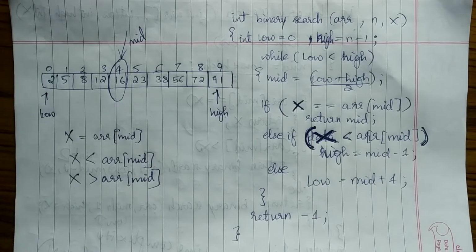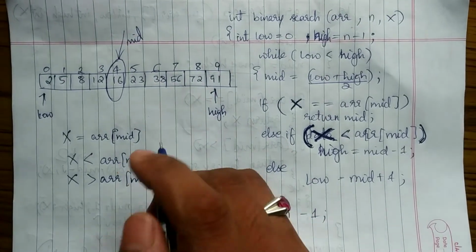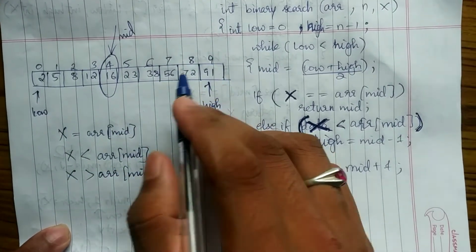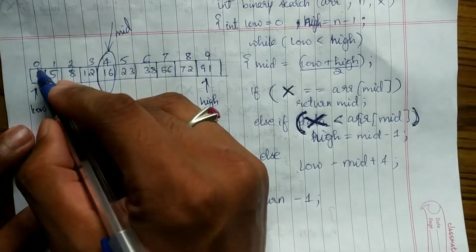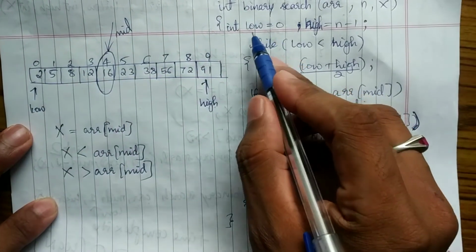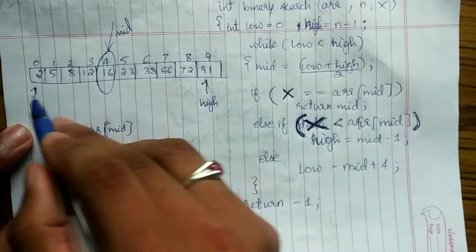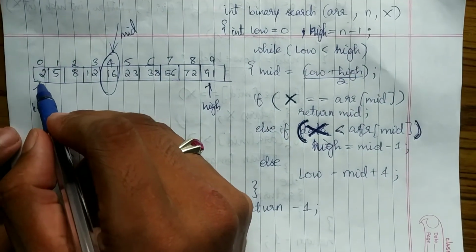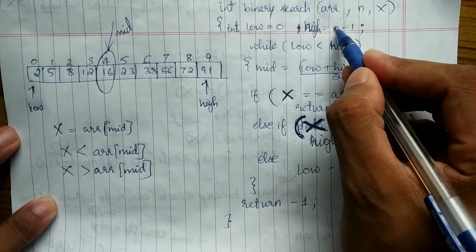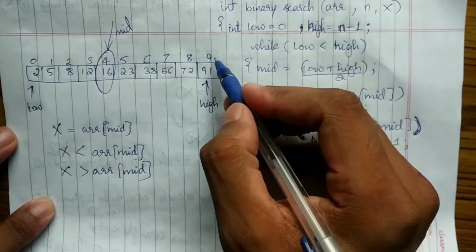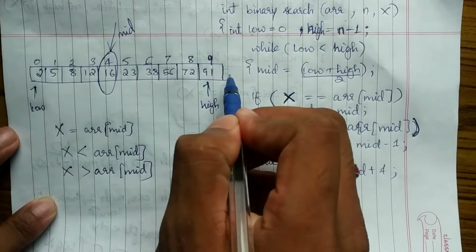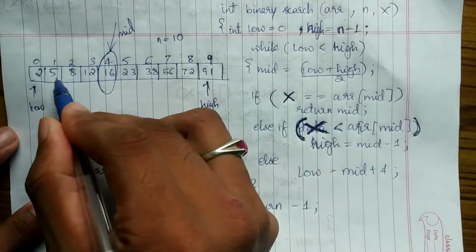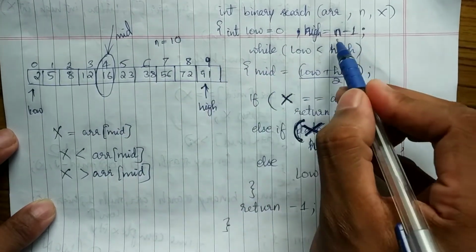So let us quickly look at the code for the binary search. Here let's take that example which we studied a few minutes back. Here the low was pointing at array of 0, right? So that's why we took low as 0, because it will point at the first index, the 0th index of the array. And high will point at n minus 1. So n minus 1 is nothing but 9, because the number of array elements present here is 10. N is equal to 10 here. So we'll point high at n minus 1.